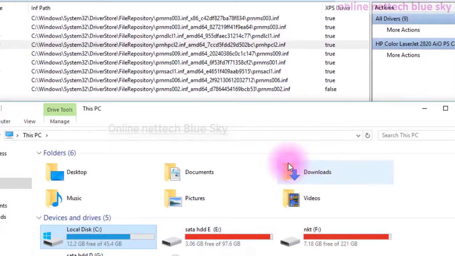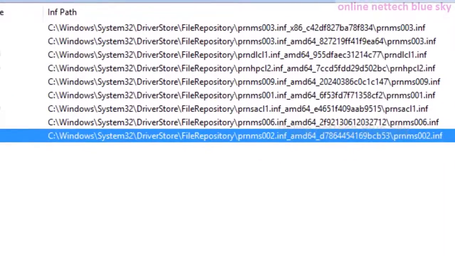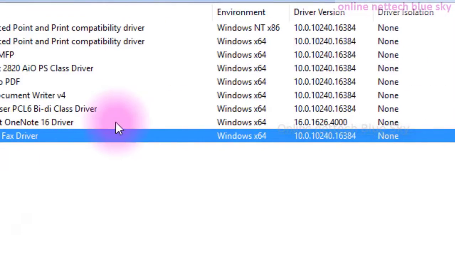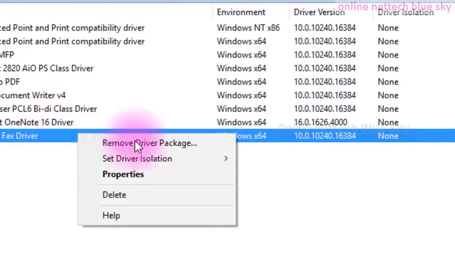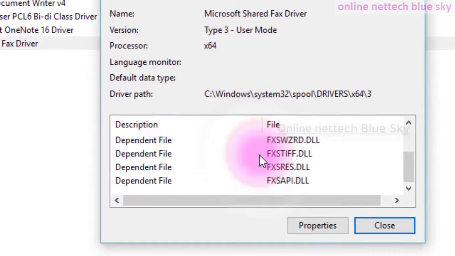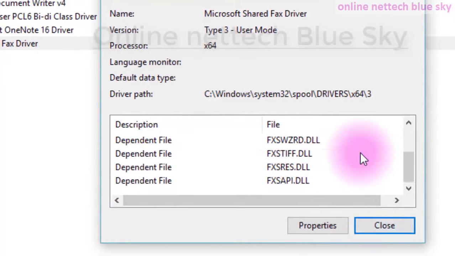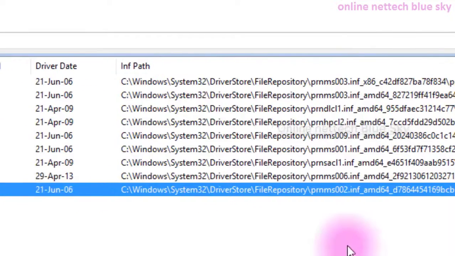You cannot directly open all of the data. First you want the package. Remove driver package means if you do not like it, you can remove it from here, and set the driver. Click on properties and you can see the data file. Different data files are shown here. For Microsoft systems, it is Windows, System32, DriverStore, FileRepository, in prnmsa and 002 INF system here.